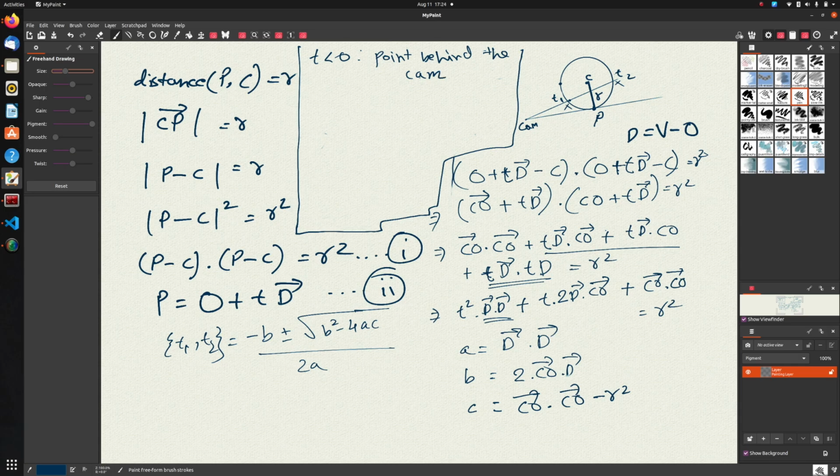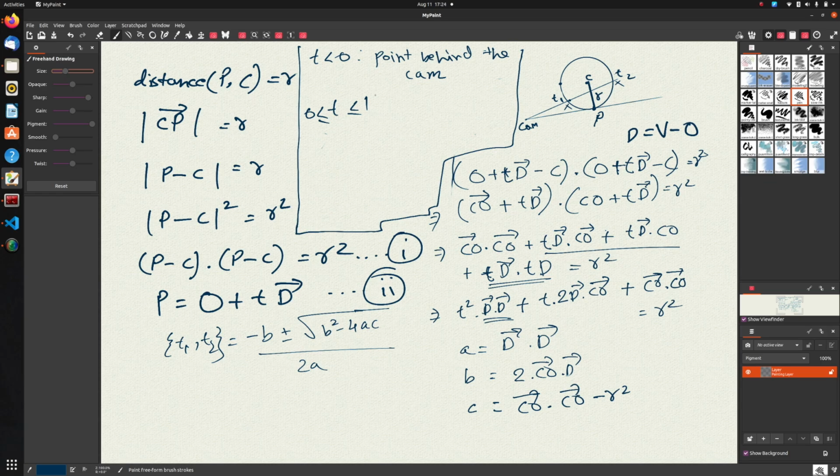Nothing says that the point of intersection cannot exist behind the camera, or that we cannot have a surface behind the camera, right? However, in this version of the ray tracer, we will discard those cases. We will discard those points of intersection which occur behind the camera, and we will only consider the ones which are in front of the camera. So the other case can be 0 less than T less than or equal to